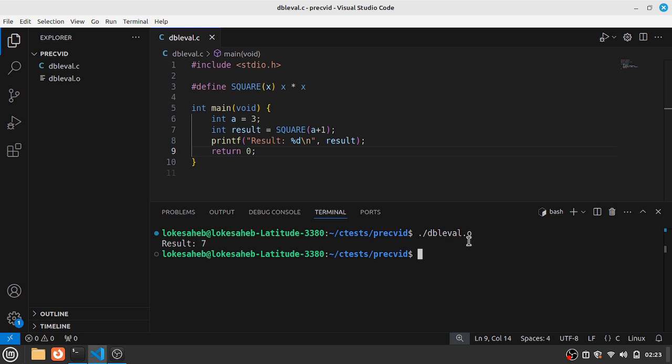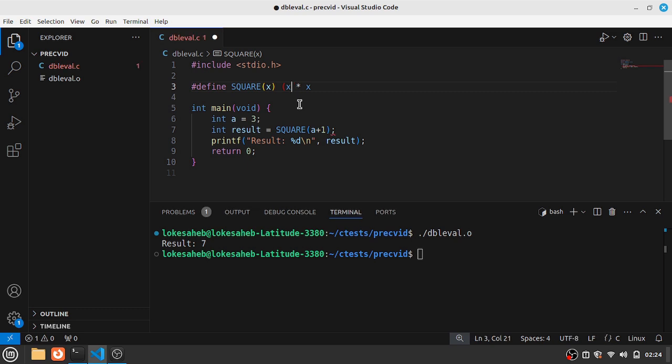What macros basically do is some kind of find and replace. Macros are basically added directly. This expression will be added over here and that will be replaced with this thing. If I hover over this, you will see that it expands to a plus 1 into a plus 1. Here we have not given any parentheses. Due to the lack of parentheses, it evaluates directly and that results in the wrong result. So for that what we could do is add parentheses over here,